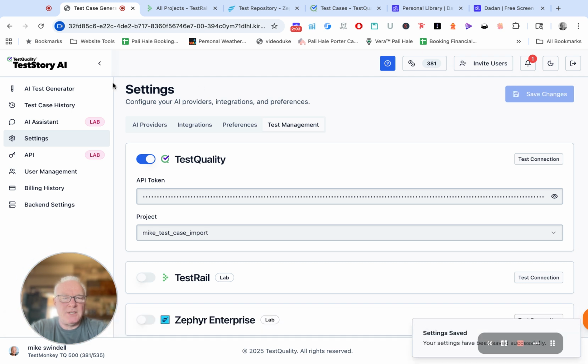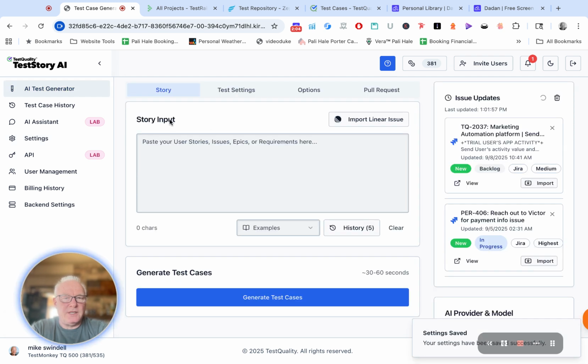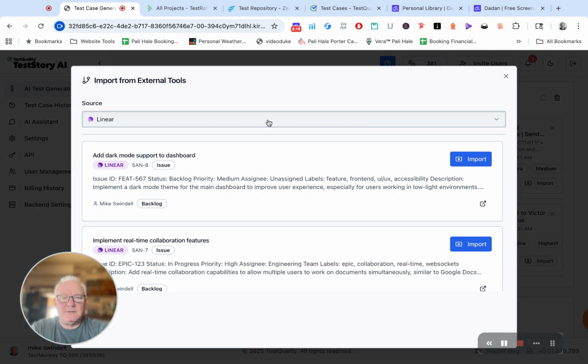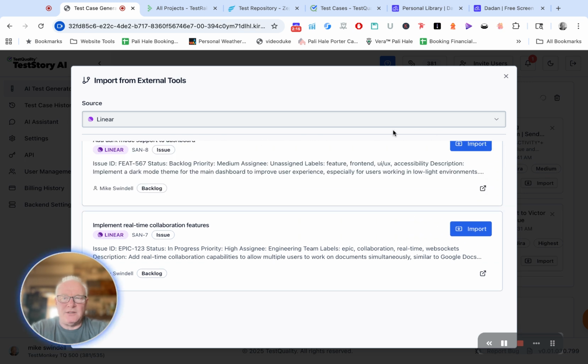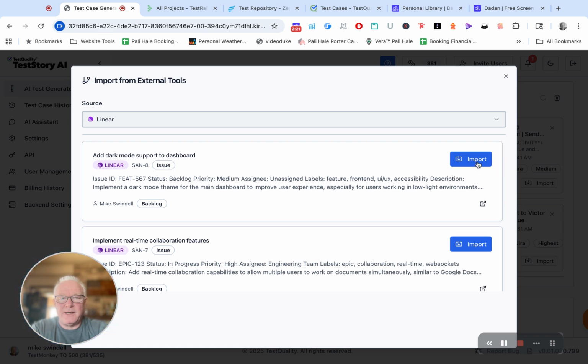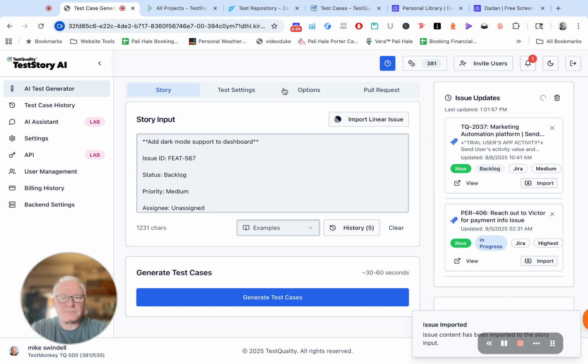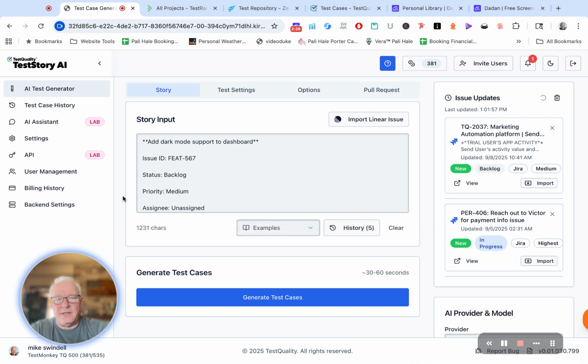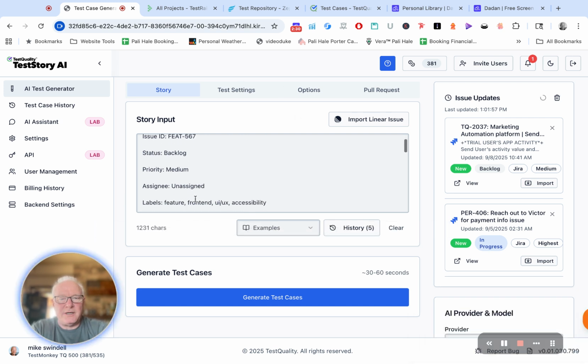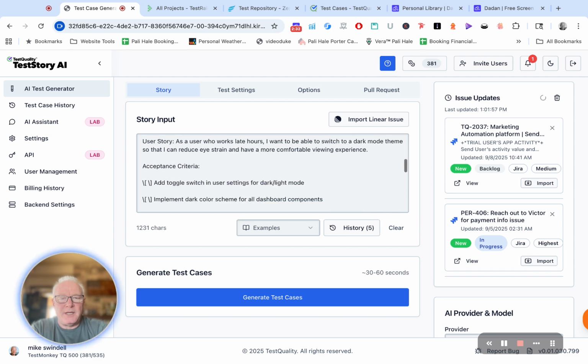Okay. Then we're going to want to go back over to the main page, the AI test generator. You're going to want to select either paste in your story from any source, or you can import directly from, let's say, Linear in this case. So I've imported an issue from Linear, or a story, and